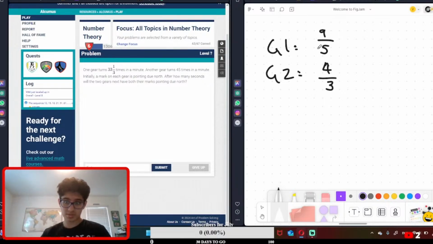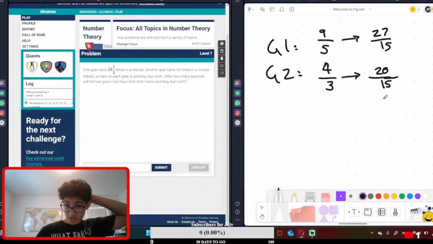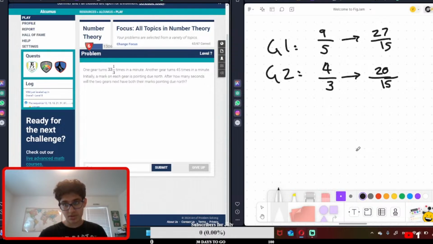Let's put them both in terms of 15ths then, right? So this will become 27 out of 15, and this one will become 20 out of 15. And now we basically just take the LCM, right? The LCM of both of these, which will give us,